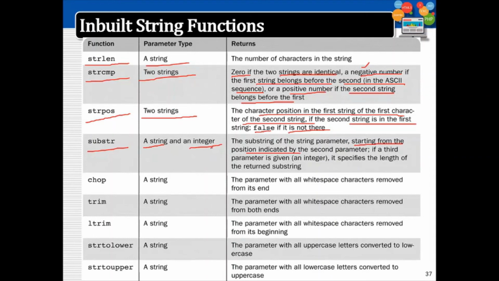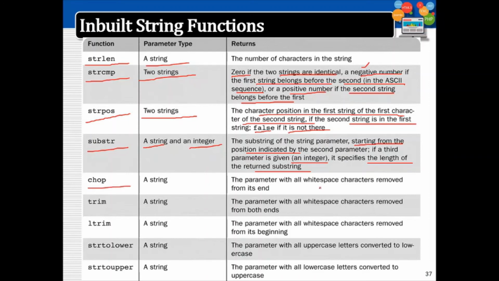We can also specify a third parameter as an integer that specifies the length of the returned substring, that is, how many characters are to be extracted. If there are only two parameters, it will start at the given index and return all the characters after that. If you want to specify the number of characters to be returned, we have to give a third parameter.